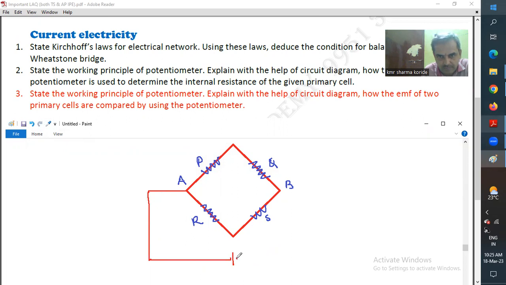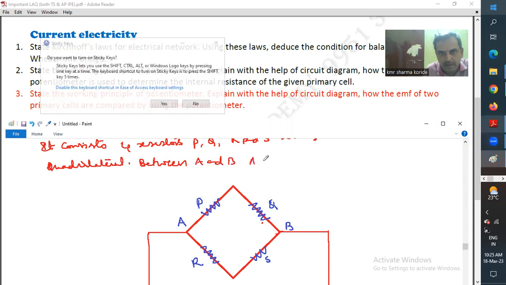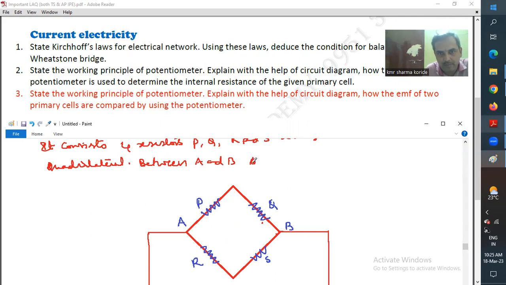This is a plug key. Yeah. So you can frame the sentences. Between A and B, a battery of EMF and a plug key is connected,